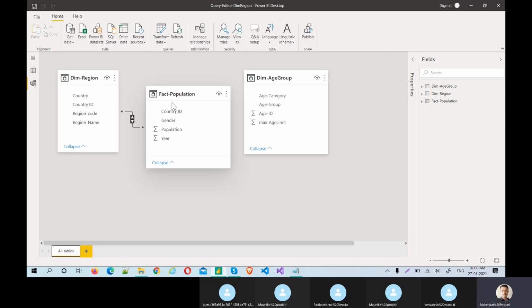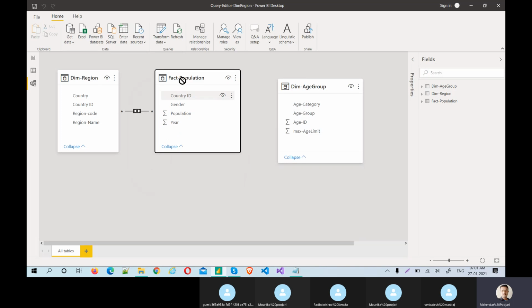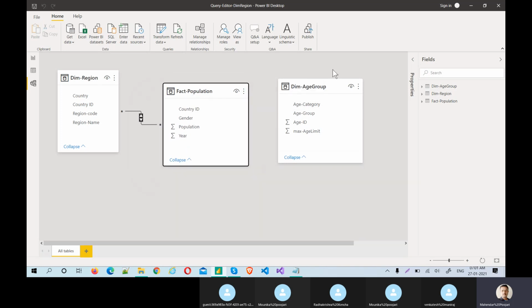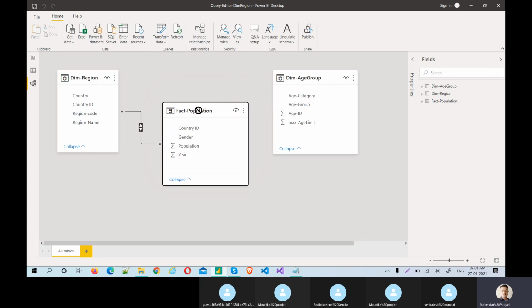Any questions, guys? Going with suspense, right? Suspense thriller. Okay, yes, I'll make it more clear tomorrow. The suspense will be closed by tomorrow. Once we are done, we go to modeling concepts tomorrow, and then we'll start creating visuals. Then we'll start DAX. DAX is one of the most important criteria.